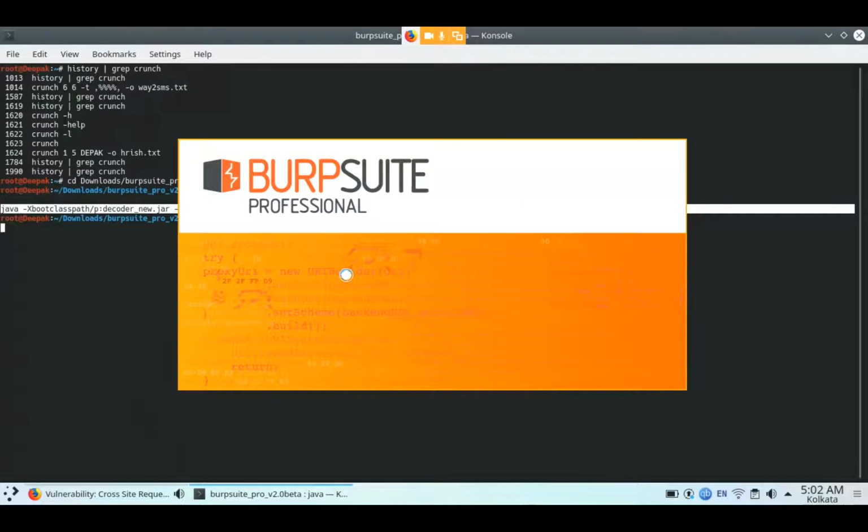This one is the Burp Suite Pro version. Through that you can perform a CSRF attack. CSRF means cross-site request forgery. Through a CSRF attack, you can change the passwords of any website through only one token.